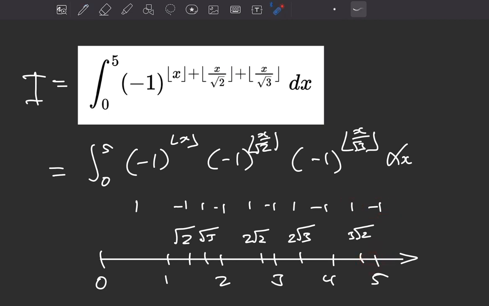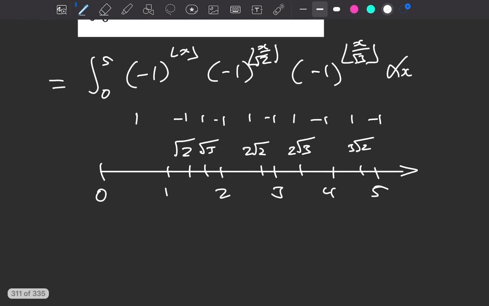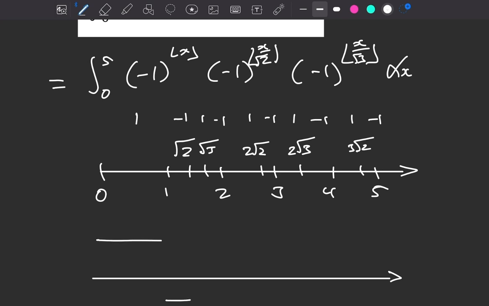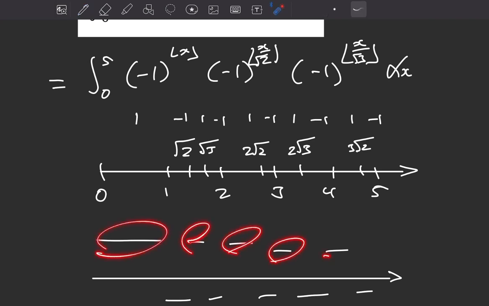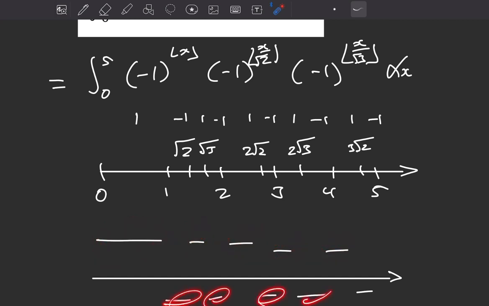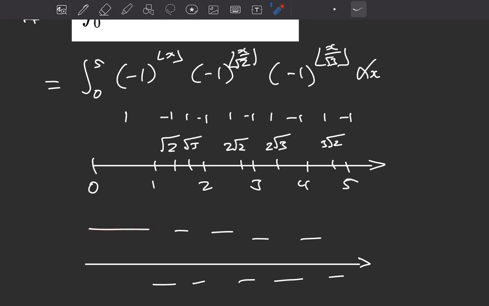So our function then, if we were to draw that, we have a similar looking number line, and we just bounce between 1, minus 1, 1, minus 1, 1, minus 1, 1, minus 1, 1, and minus 1. So now all we need to do is calculate the different lengths, how long all these lines are, add these ones up, calculate these ones, add them all up, and then subtract the top from the bottom. The lengths of all these lines are found by the difference between each of the successive points on our